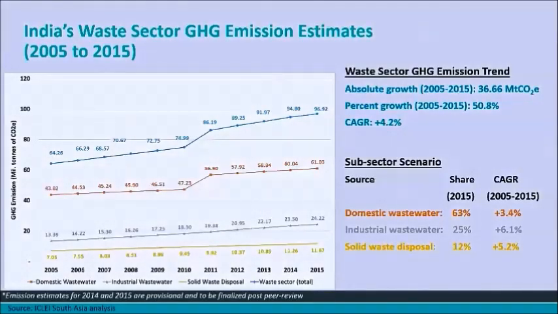So in terms of the overall estimation, the emissions from the waste sector are around 97 million tons of CO2 equivalent, and the major contributor, we've seen, is domestic wastewater all through the time period considered. Industrial wastewater contributes around 1/4 of the emissions, and solid waste makes up about 12%. In terms of growth, we've observed that the growth rate of emissions is the highest in industrial wastewater, followed by solid waste disposal.